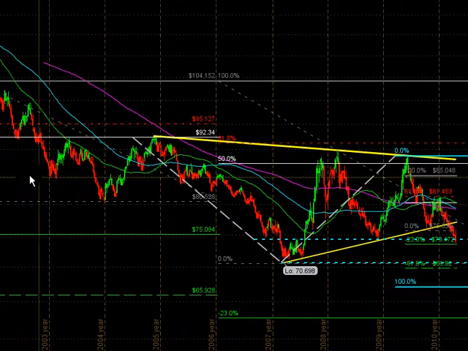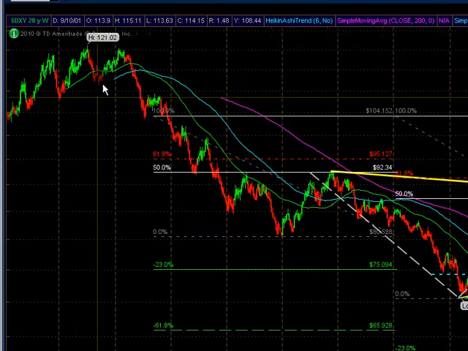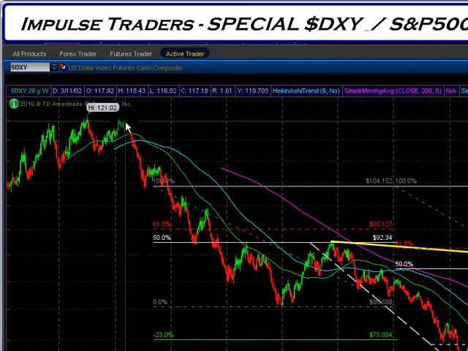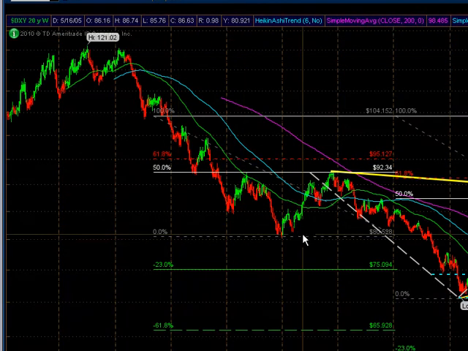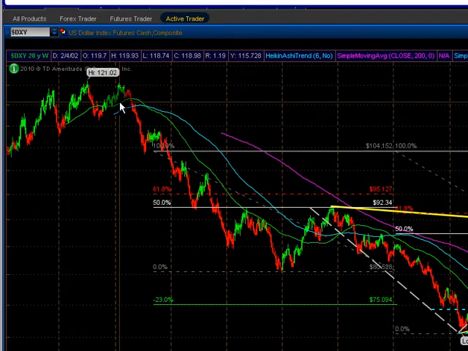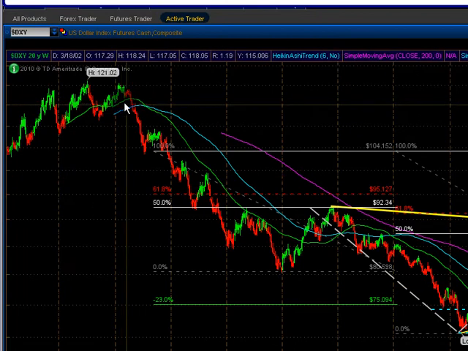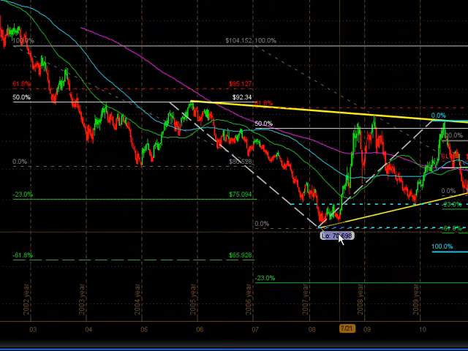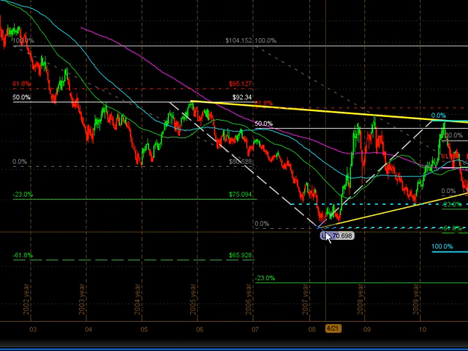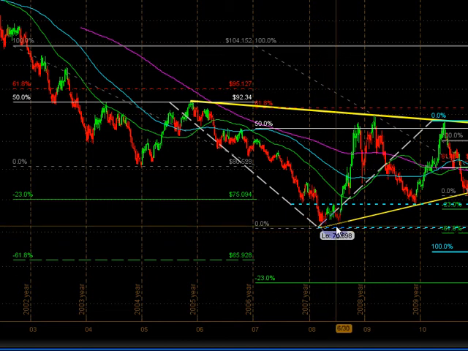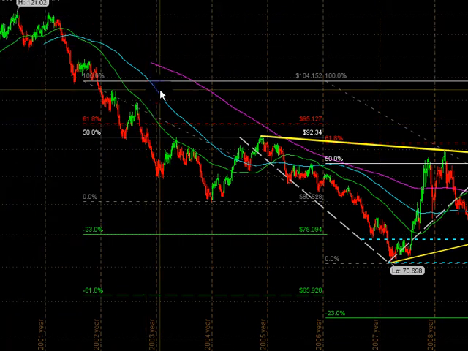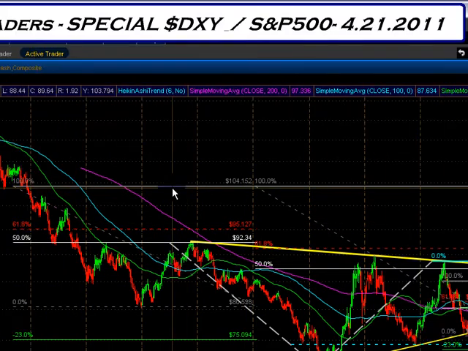So I actually have up a weekly chart of the DXY, and this is back from the 2000 highs around 121. Those highs happened right around the time of the tech crash, and then since 2002 through 2007-2008's crash, the dollar had been in decline, basically starting this trend